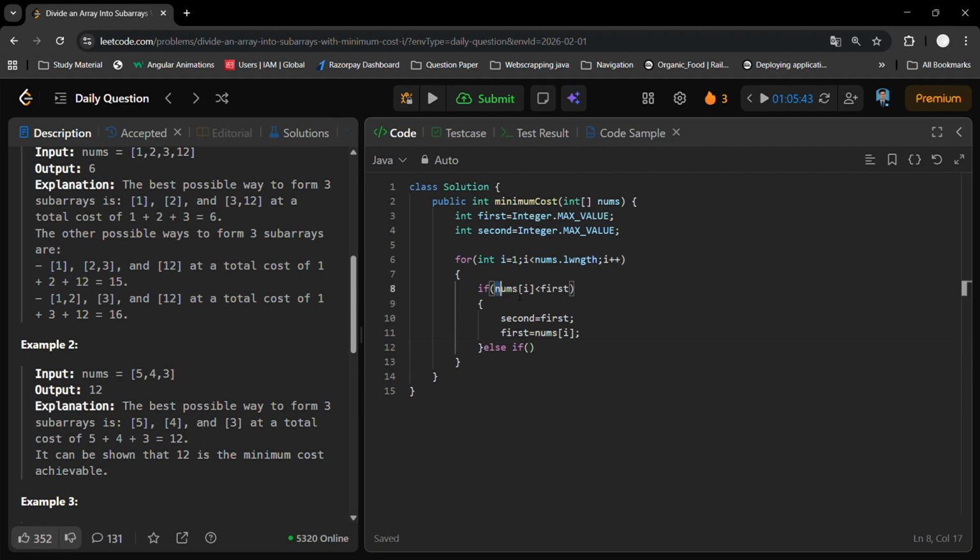If it is not there, then we can again shuffle this. Suppose the condition is for second now. If nums of i is less than the second value, then we go with this condition: second is equal to nums of i. If we are done with all the iterations, we can directly return the sum of first plus second, and by